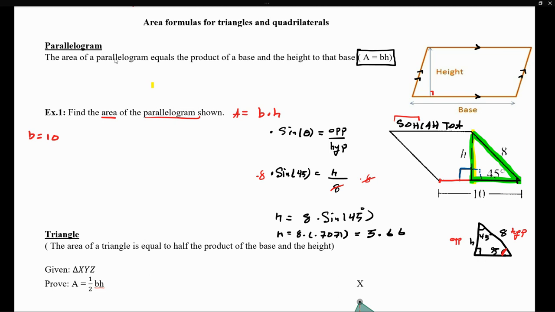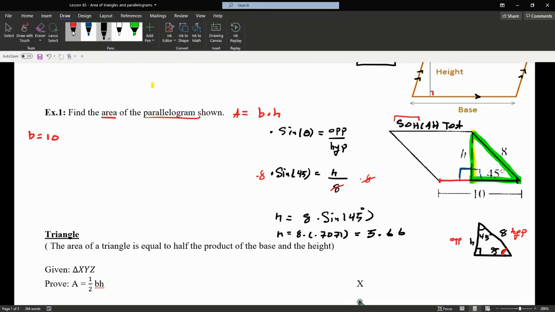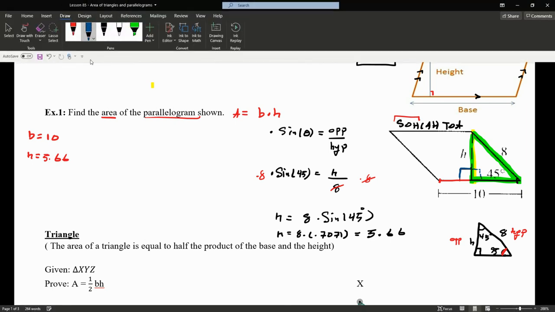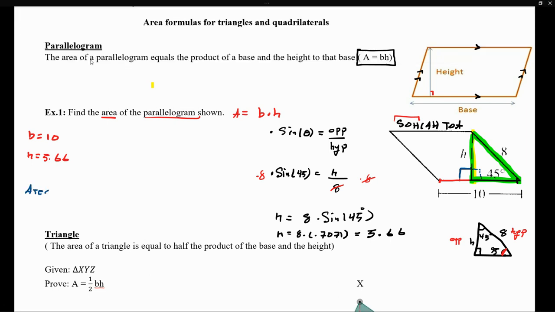5.66. So now I know my base to be 10, and I also know that my height is equivalent to 5.66. So I have enough information to find the area, because recall that the area is base times height. My base has a value of 10, my height has a value of 5.66, and if we multiply those two, we should be getting a value of